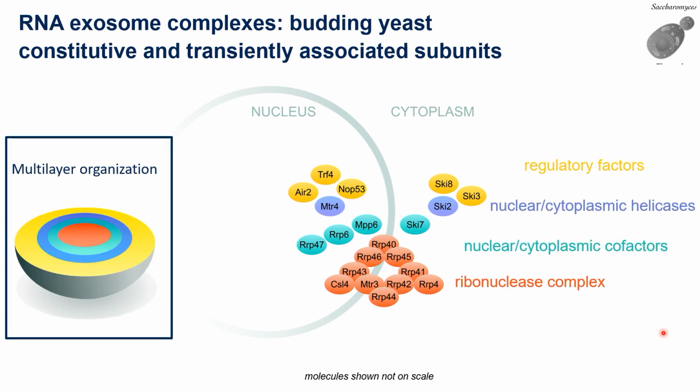And the layers are centered on a core. This is the catalytic core, and has another layer of factors, which are nuclear and cytoplasmic, and there is another layer of enzymatic activities. These are RNA helicases, I will tell you about it, and there is another layer of regulators. Now, I like this picture because it shows the way we think and how it works, but it's very misleading, and the reason it's misleading is that